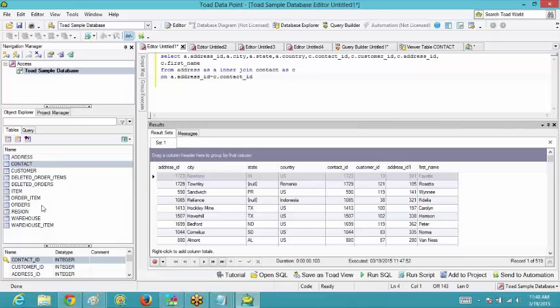I think there is some problem over here in the database only. Can you see over here? See the address ID column. This is from the table address, correct? And the contact ID column, it is from the contact table. And the data fed in these two columns is the same. See, it's 1723, it's 1723, 1729. So here also it's 1729. Then 590, 590. So this is the reason it is getting executed.